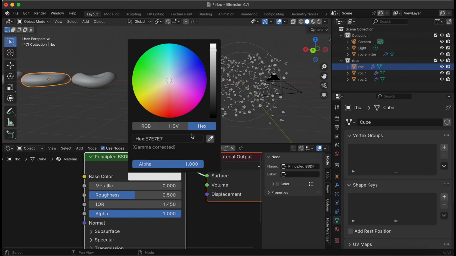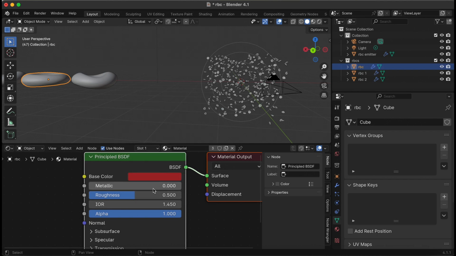I already have a color that I can use, and I'm going to use A32628. I found that this works best for me. If you have anything else that you like to use, that's fine too. This just looks and works much better for me.